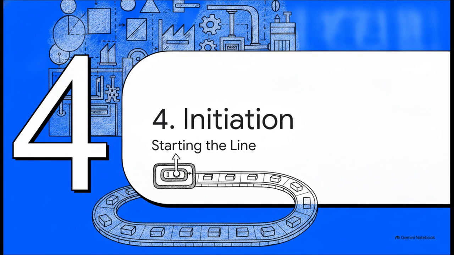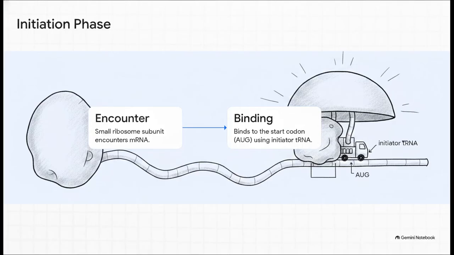Part 4, initiation, or starting the line. Okay, raw materials are charged, machinery is powered up, it is time to flip the switch. Initiation officially kicks off when the small subunit of the ribosome bumps into our mRNA blueprint. It scans along the line until it locks right onto that specific start signal we mentioned earlier, the AUG start